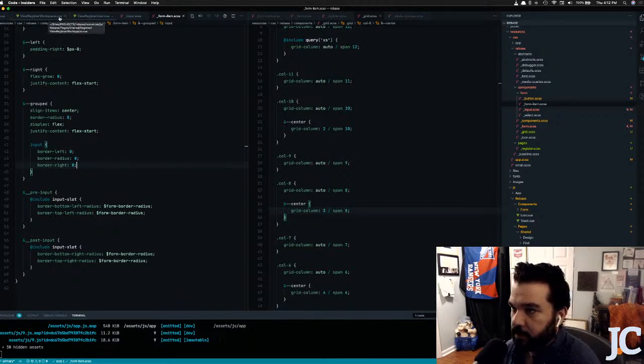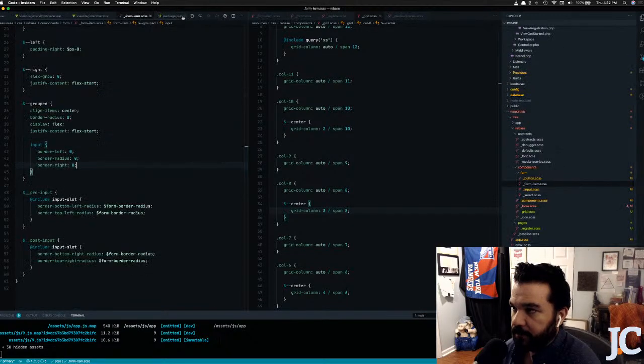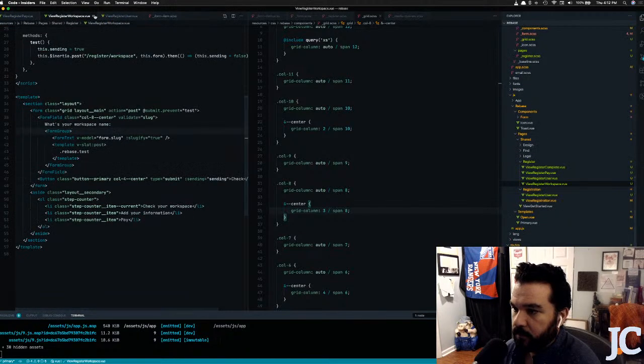So let me close out some of these things. I could pass something into the form group that tells you left or right, or both. That would be, I guess, okay. So I could say form group